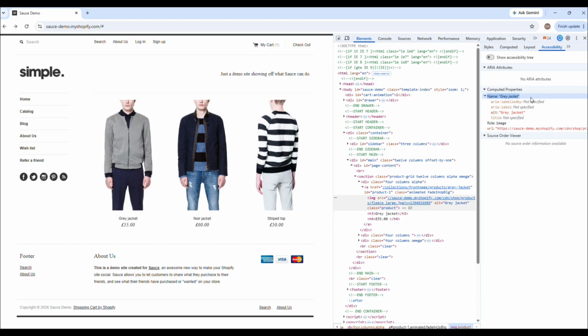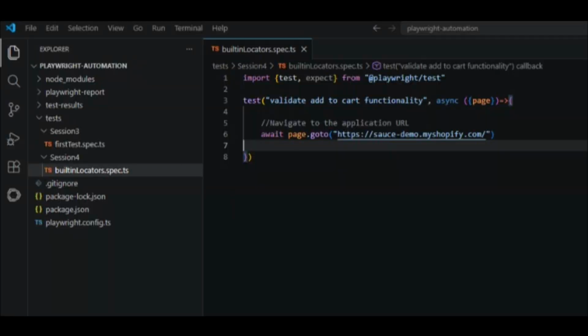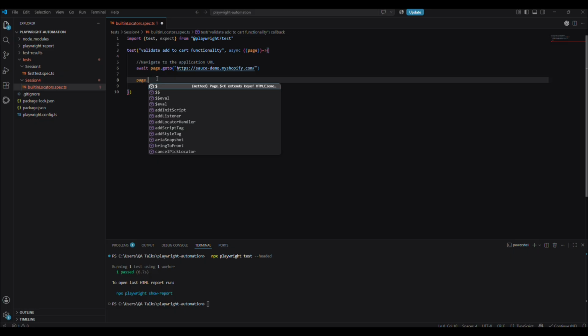So you can use the role and the name information from here to enter in your Playwright command. And similarly, you can inspect any element and find its role information. Now let's go back to the VS Code and start writing the command,